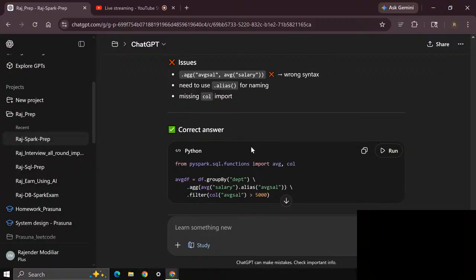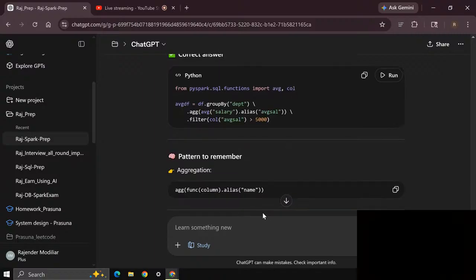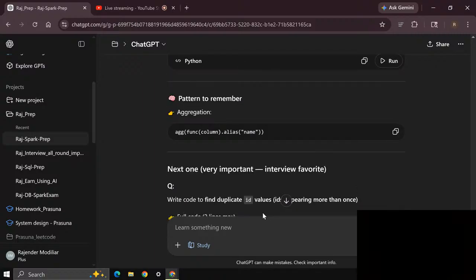I am almost on the right track, but there is some gap here. Aggregate group by dept is correct, and average of sal, I need to give an alias, avg_sal. That was the wrong syntax. Filter column of this is in pretty good shape. Next pattern to remember is aggregate.